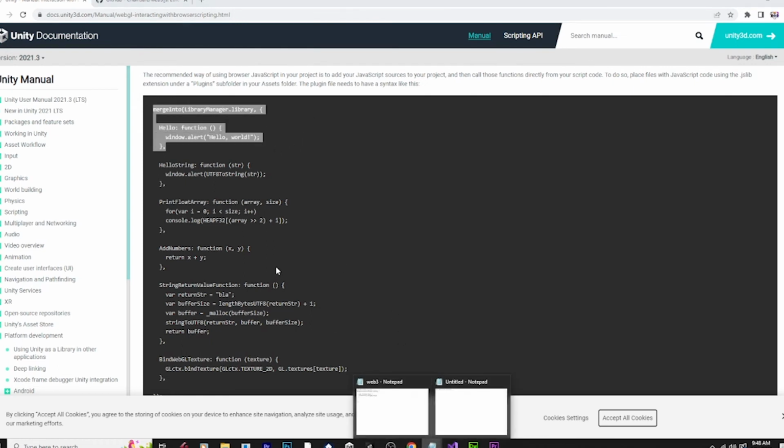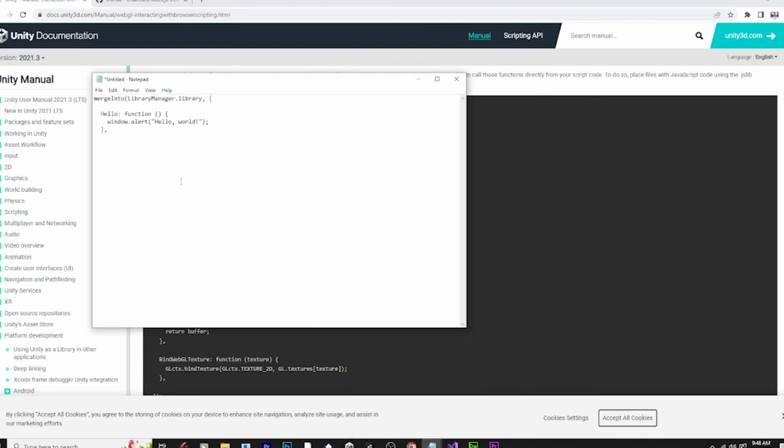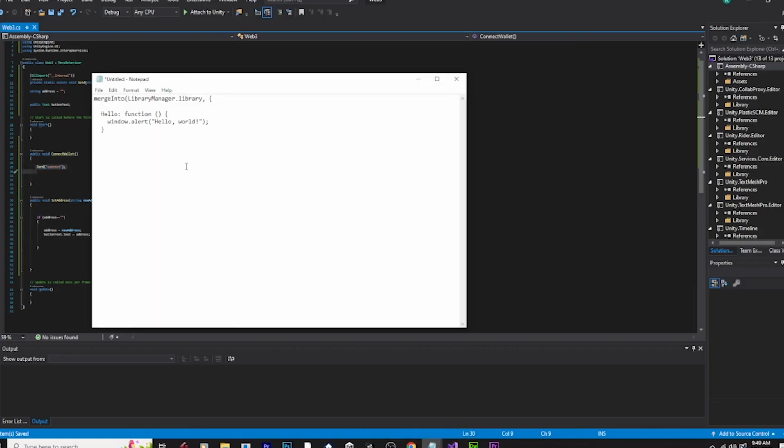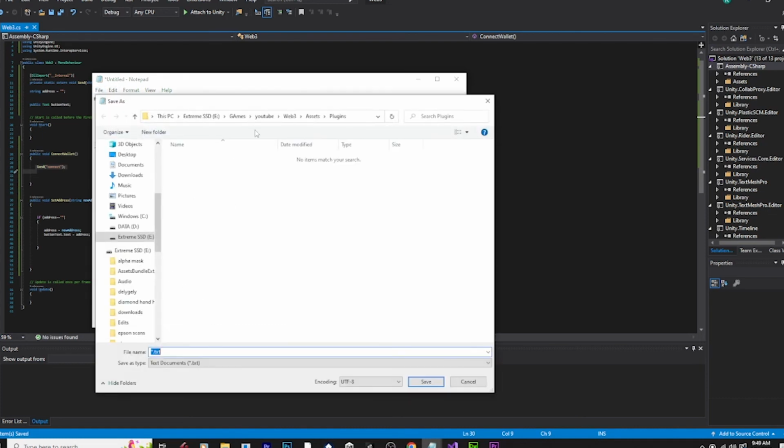Just copy it, paste it there, and then once you copy that, then you want to grab this end of the function and paste that in there so that this is closed off by that and this is closed off by that. All right, then you want to save as into the Plugins folder, and you want to save that as web3.jslib. Make sure you put the dot in there, dot JavaScript, JS lib,